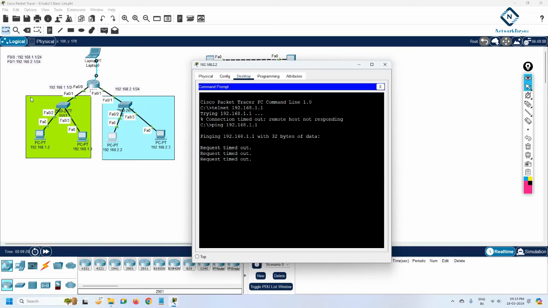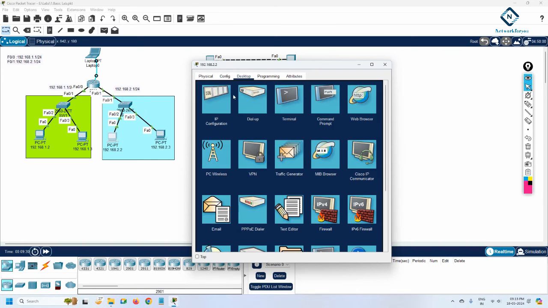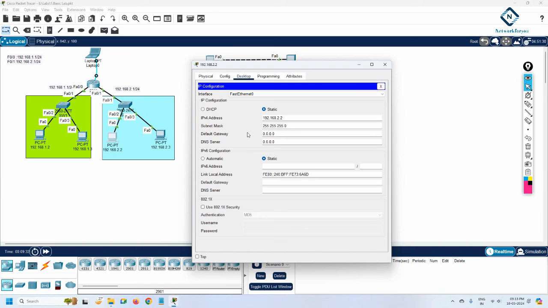And here a request timeout is coming. I cannot ping this IP. So what can I do? I can check whether I have the gateway. I don't have the gateway, that's why I am unable to ping. So I need to put the gateway here. What is the gateway of this computer? I will write here